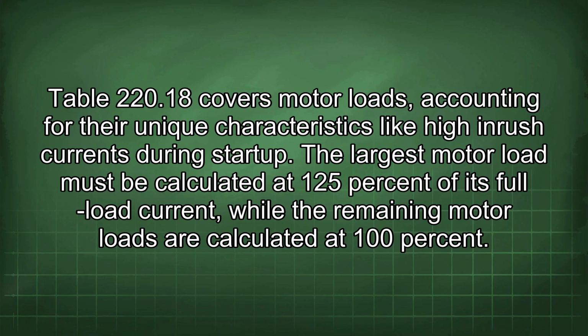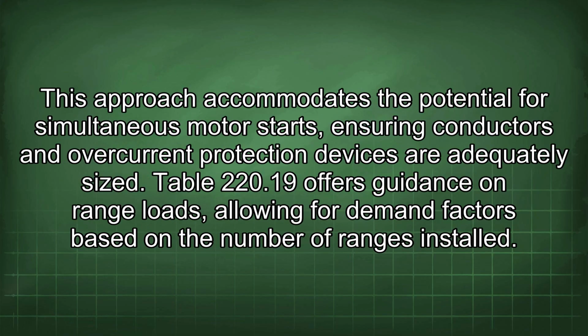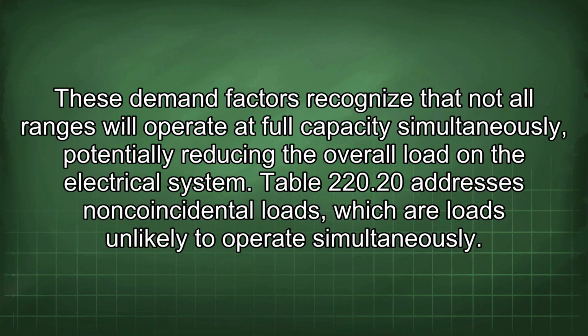Table 220.18 covers motor loads, accounting for their unique characteristics like high inrush currents during startup. The largest motor load must be calculated at 125% of its full load current, while the remaining motor loads are calculated at 100%. This approach accommodates the potential for simultaneous motor starts, ensuring conductors and overcurrent protection devices are adequately sized. Table 220.19 offers guidance on range loads, allowing for demand factors based on the number of ranges installed. These demand factors recognize that not all ranges will operate at full capacity simultaneously, potentially reducing the overall load on